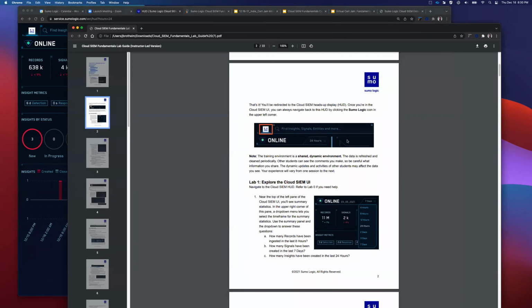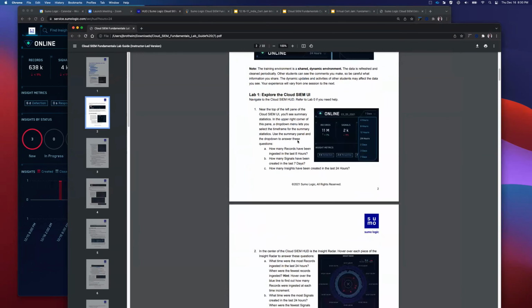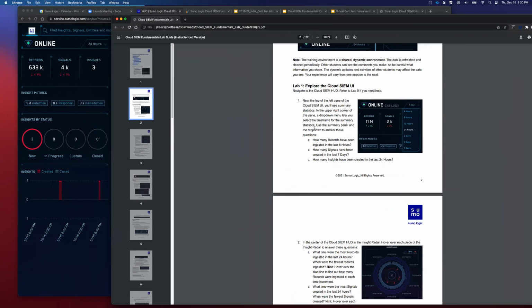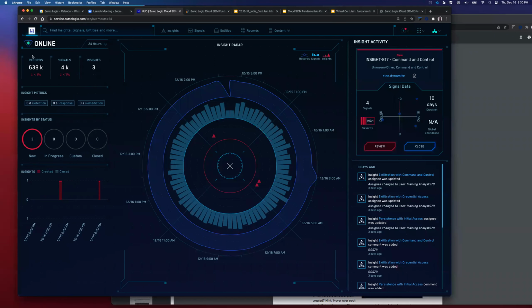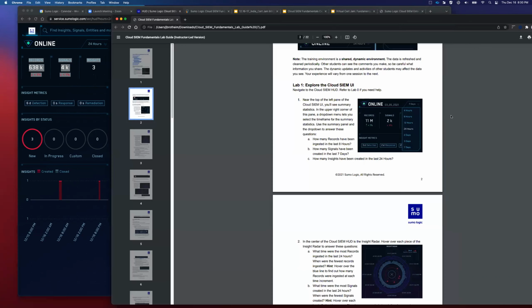So let's go ahead and look at Lab 1 and start to play with some of the features. Lab 1, Step 1, gets a bit repetitive, but let's go through it anyhow. What we want to focus on here is this portion and the time. By default, it's set to the last 24 hours, but we can customize that.